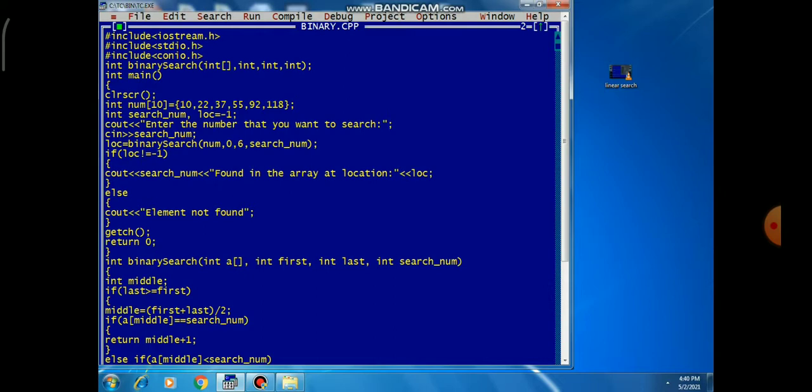Okay, after this we have a call for our binary search function with four arguments. After this binary search call, dear students, we have an if else statement. The first if statement gives the location of the number inside the array if it exists. Okay, and the else statement prints the message if the number or element does not exist in the array. Okay, this is our if else statement.